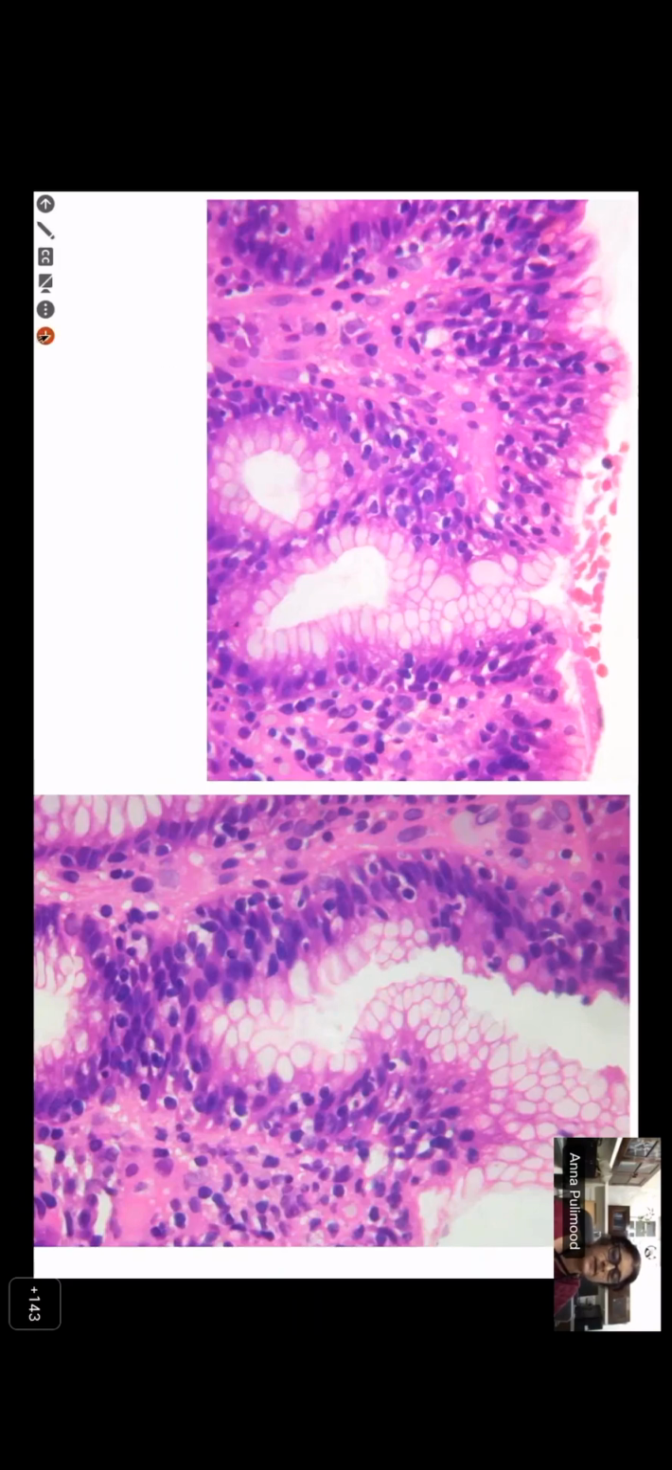Yeah, so there are lots of lymphocytes in the epithelium. So what's your impression? Lymphocytic gastritis. Okay, very good. So this is a very straightforward case. The only change we're seeing, and we also have to do GIMSA to rule out H. pylori. In this case, there were no H. pylori